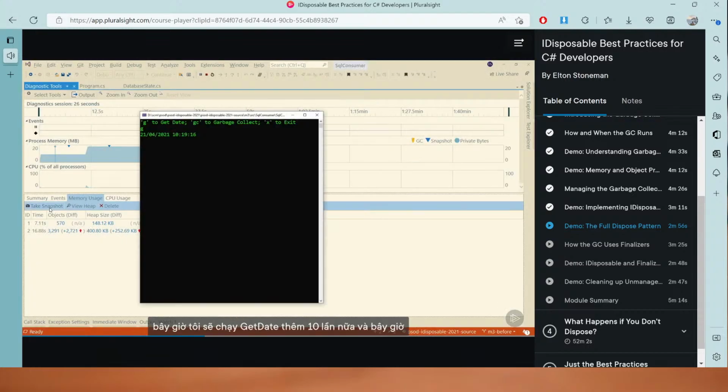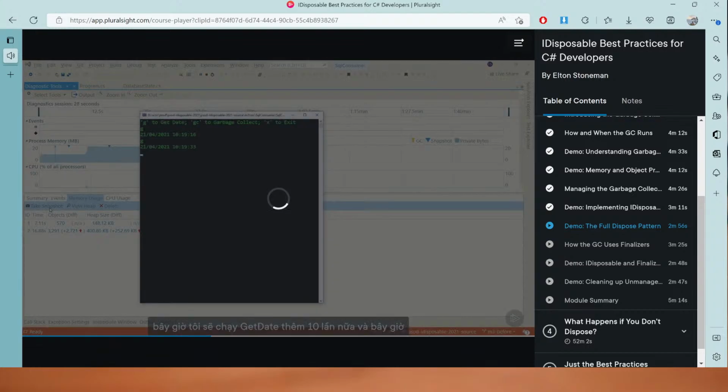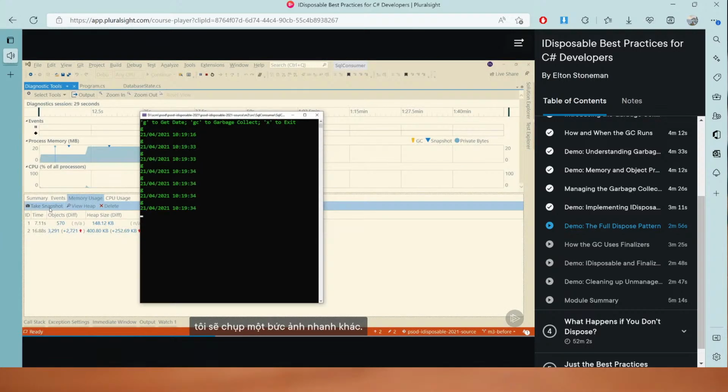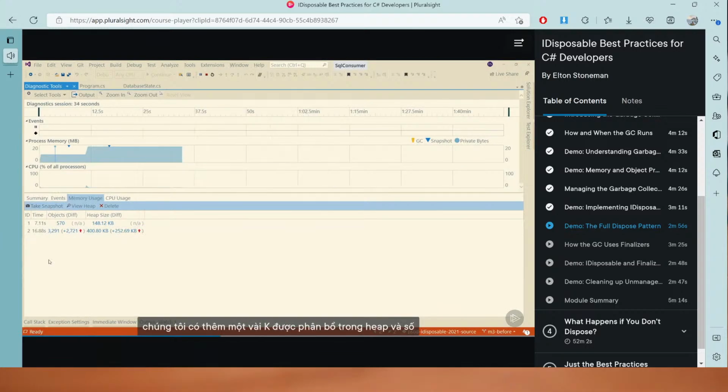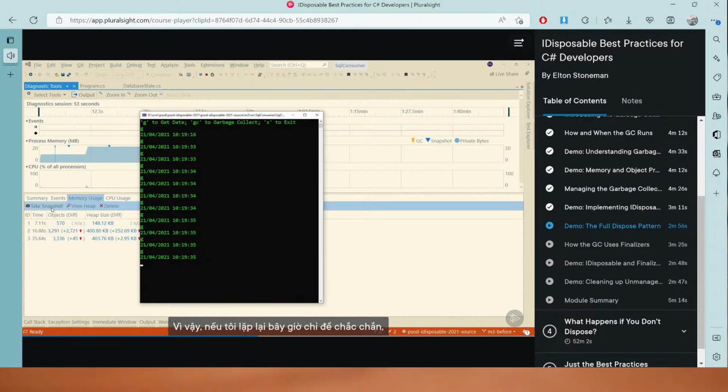So now I'll run getDate another 10 times, and now I'll take another snapshot. So we have a couple more K allocated in the heap, and the object count has gone up a small amount, but this is much better than the 800 plus new objects that we had when we weren't disposing of our local variables. So if I repeat that just to be sure, I'll run getDate another 10 times,